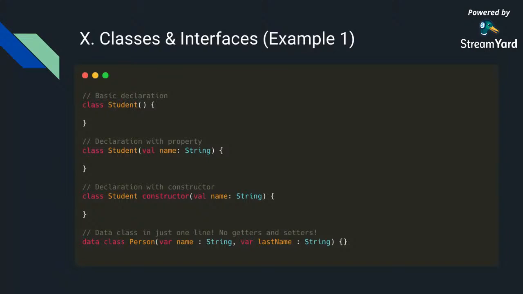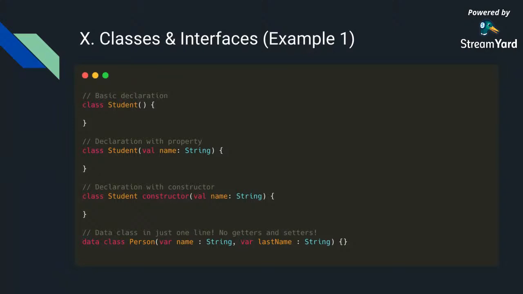So in Kotlin, you can just directly declare a class in just one line. We use the class keyword, and what we do is just have the keyword data before that. That makes the class a data class, and you don't have to define all the getters and setters when you are making this happen, right?